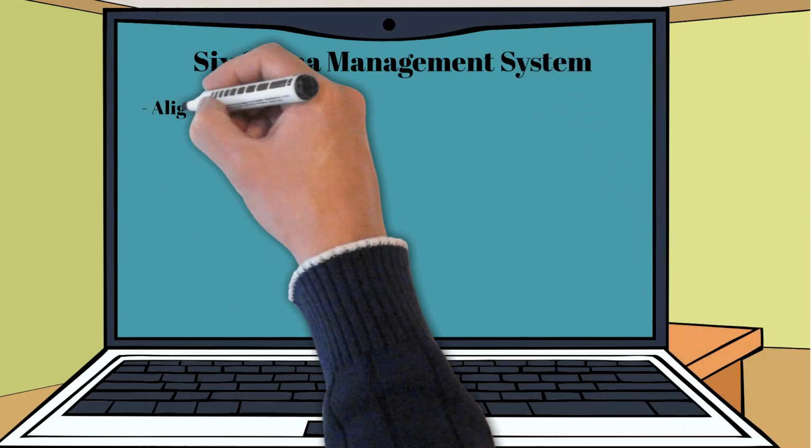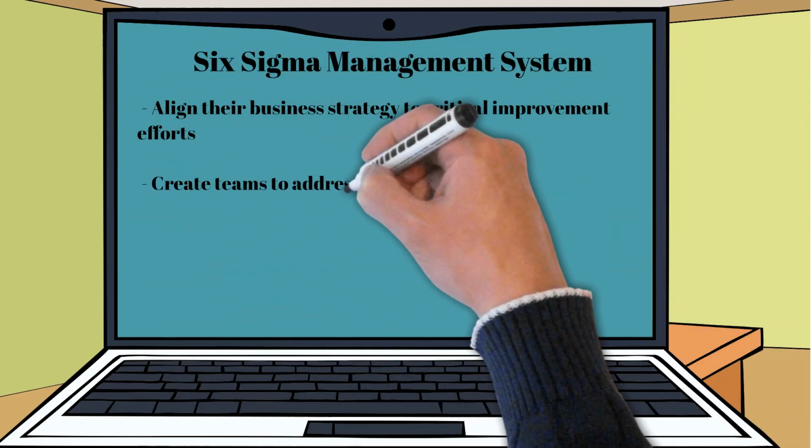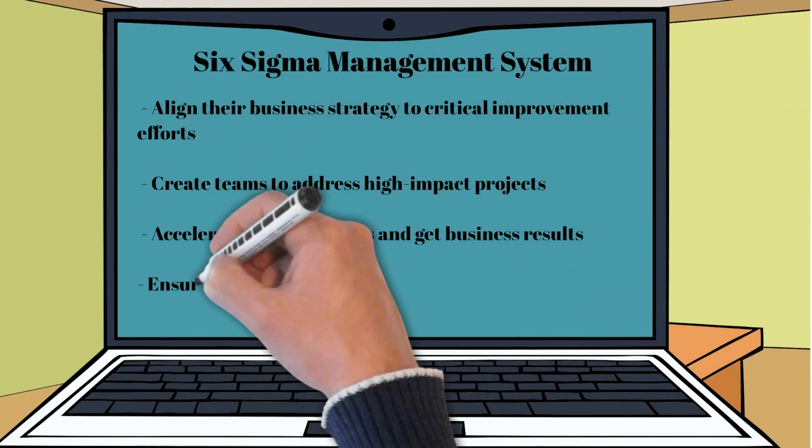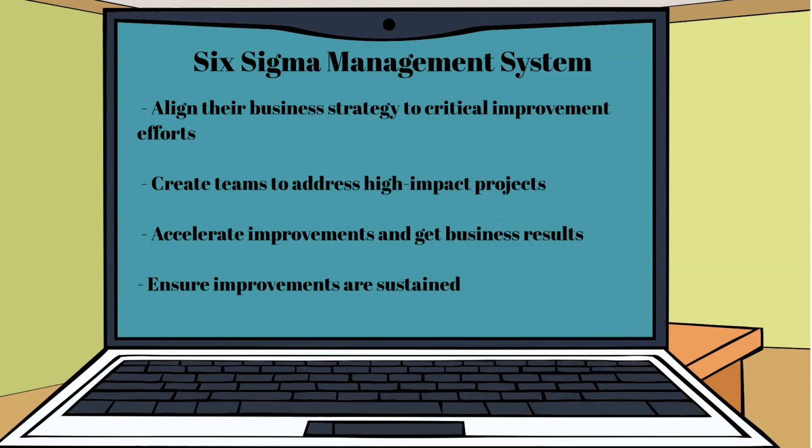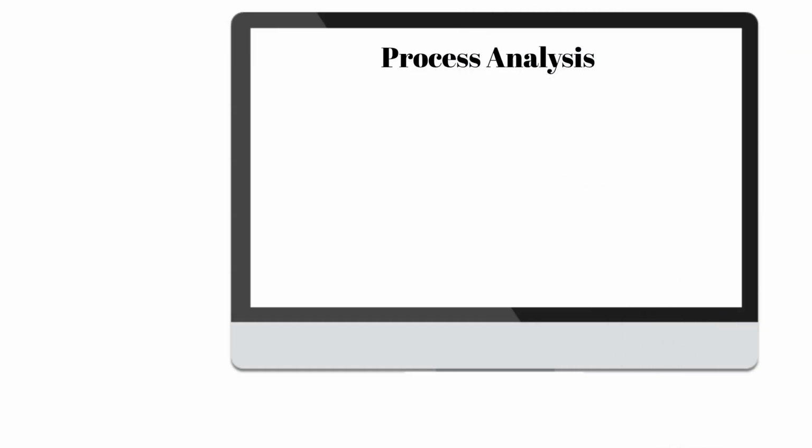Six Sigma Management System is a high-performance system and a top-down solution to help organizations align their business strategy to critical improvement efforts, create teams to address high-impact projects, accelerate improvements and get business results right away, and ensure that improvements are sustained. We can say that the output is a function of input, and it is written as y